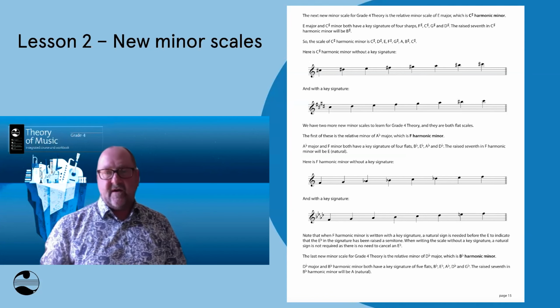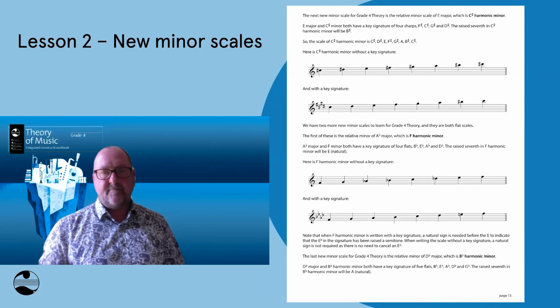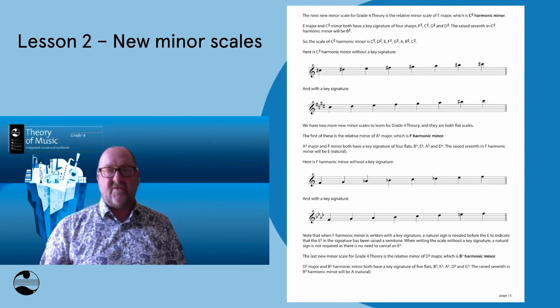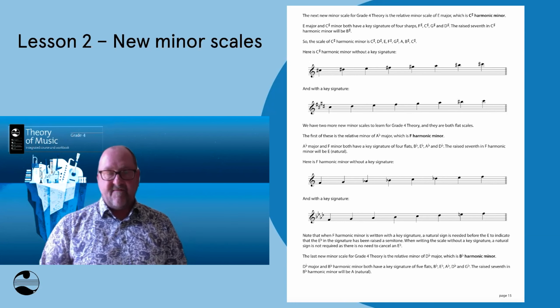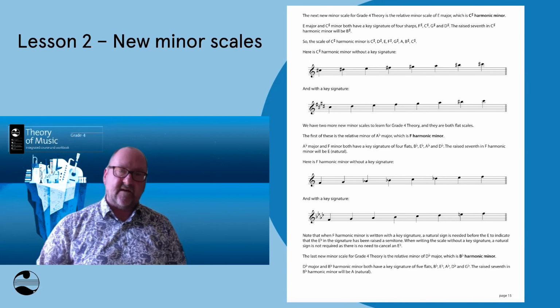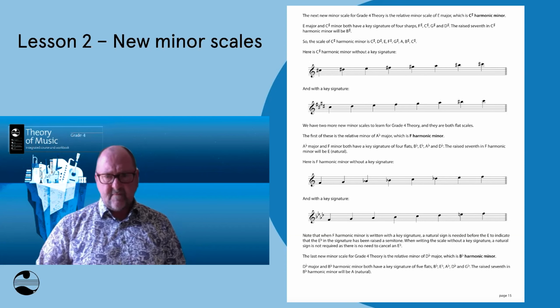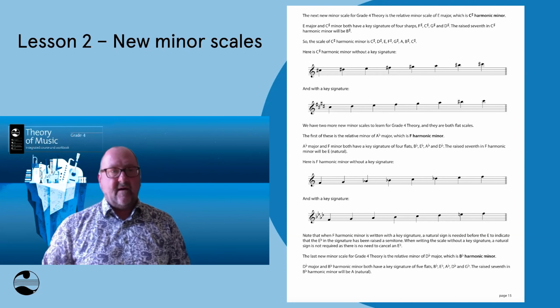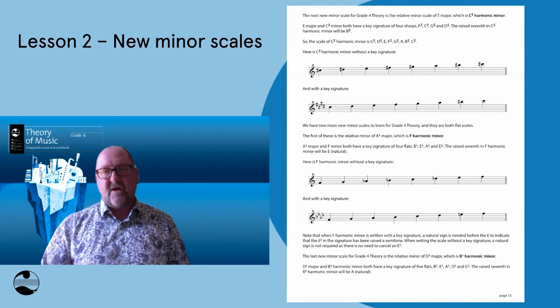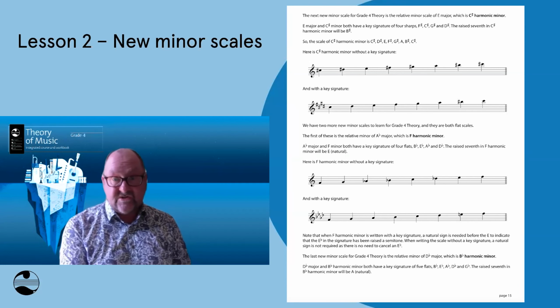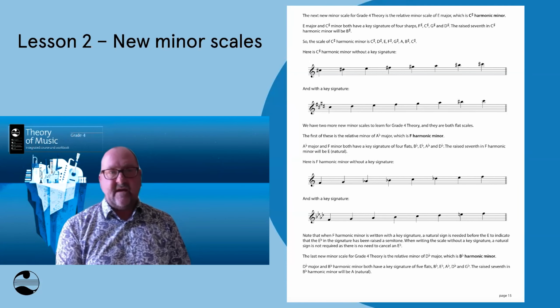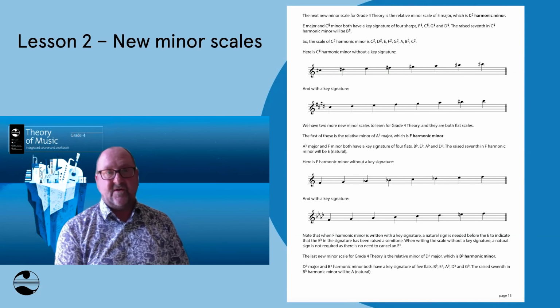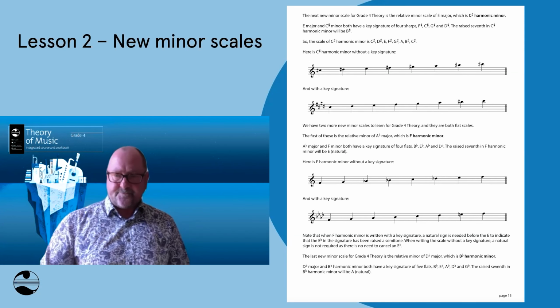And then F minor and B flat minor follow on from C minor, which was introduced in grade 3. So there are 5 minor scales in grade 4 theory. What I do in this chapter is I talk more about enharmonic equivalence, because there's going to be E sharps and B sharps in these scales. And it's important, again, that students know that that's exactly how they have to spell these notes in these scales.